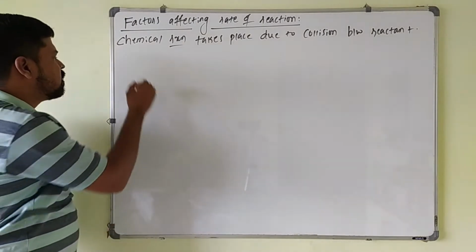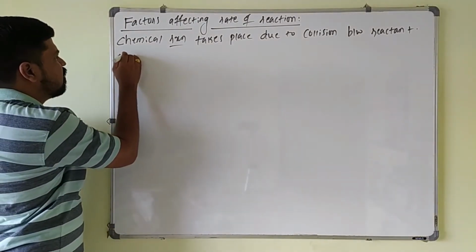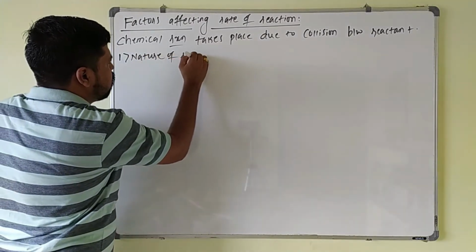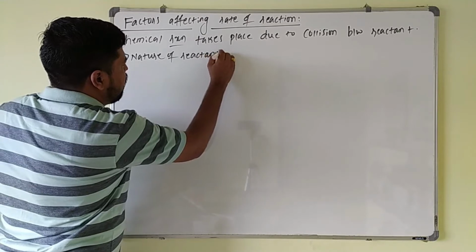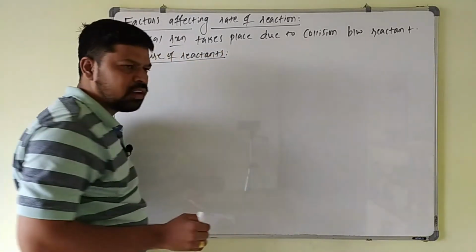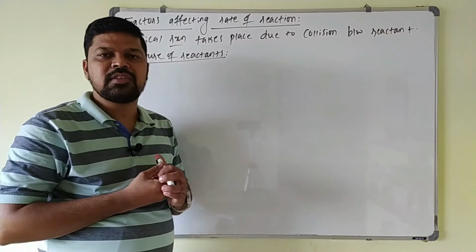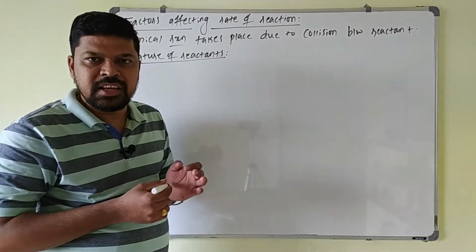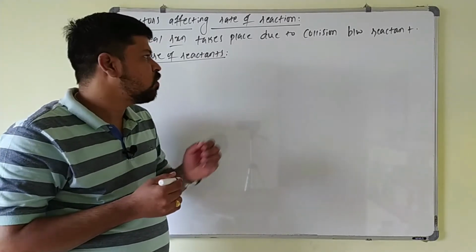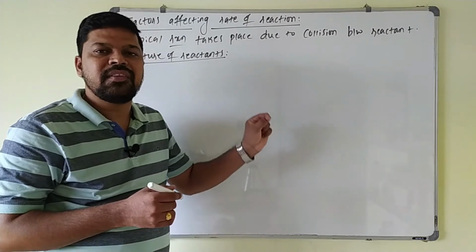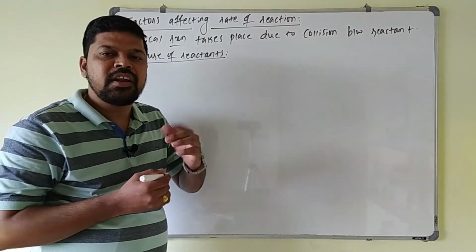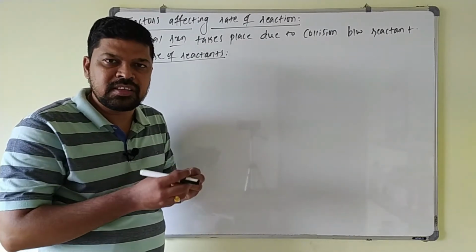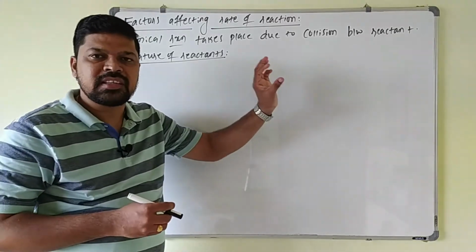The first point which affects the rate of the reaction is the nature of reactants. For the collision, the free intermixing of reactants is very necessary. Only liquids and gases intermix easily so that the collision between them is effective, so in the case of gases and liquids the rate of reaction is maximum. In the case of solids, free intermixing is not possible, they interact only at the surface, so the rate of the reaction is less.